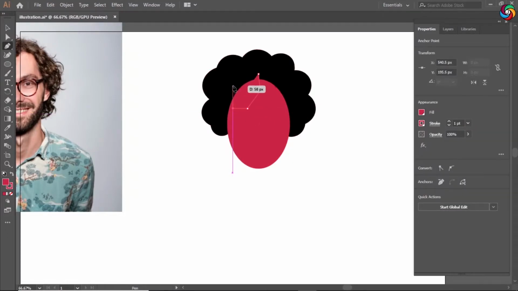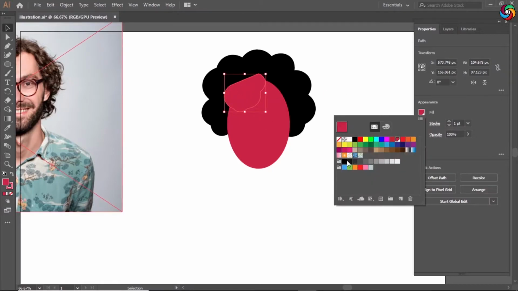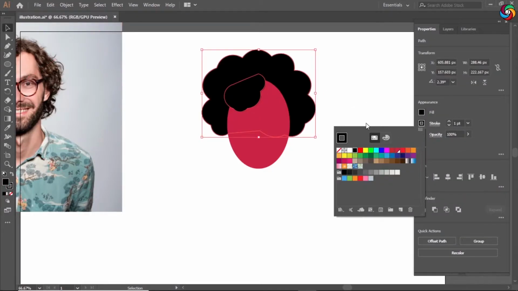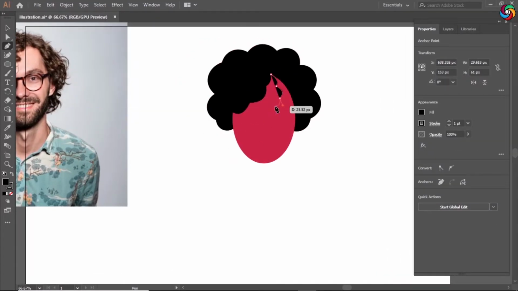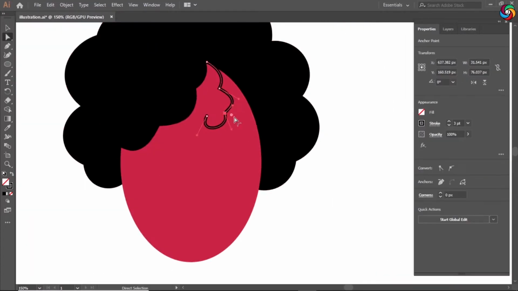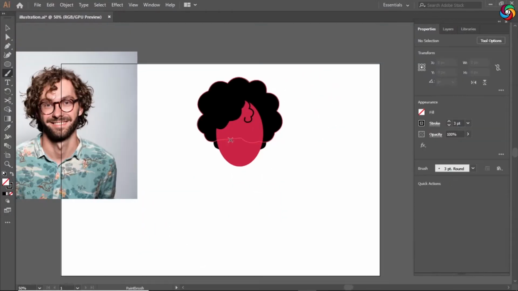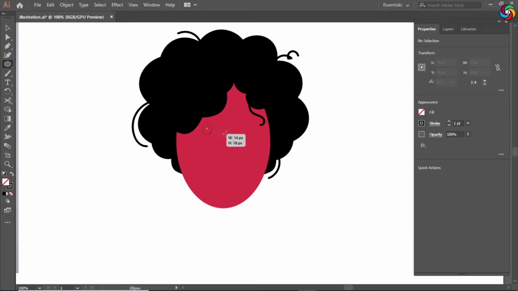But of course the hairline looks funny this way, so I'm gonna draw some chunks of hair that fall on his face and apply the curvature tool on that as well. And then, still using the pen tool, I'm gonna draw some stray hair. Ensure that there is no fill but only a stroke, and you can of course increase the stroke weight as well.